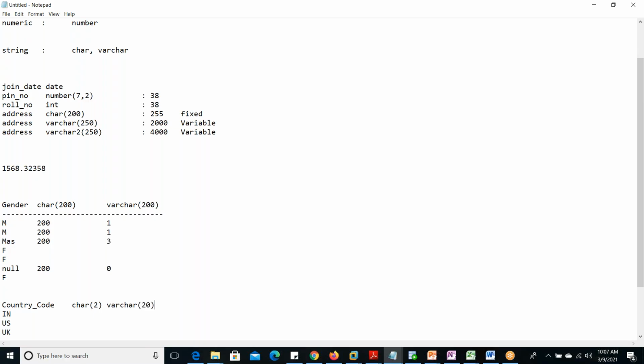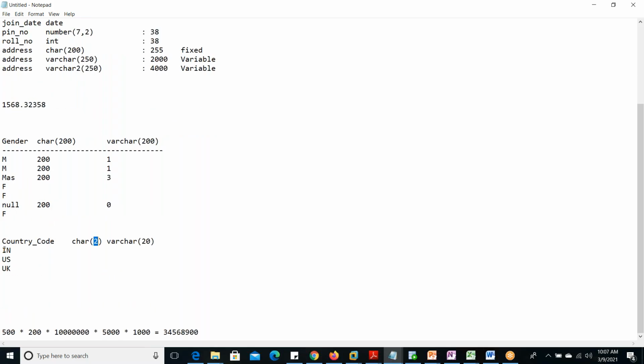Varchar(20) also we can give. So the thing is, if you are giving char, then this is fixed, and everywhere it is fixed only. Compulsory 2 characters only present for each and every country code. So 3, 4, 5, 6 will not come. 1 also will not come. Null also not there.